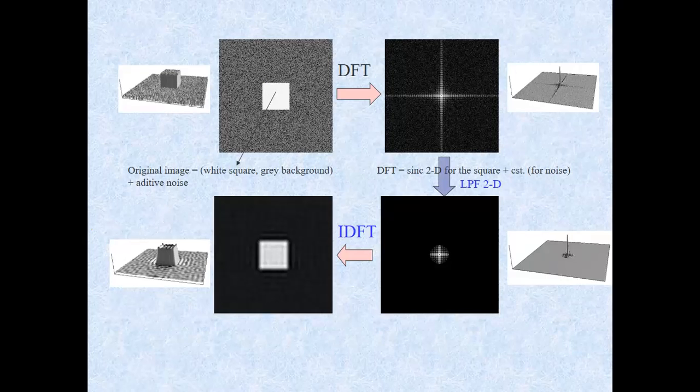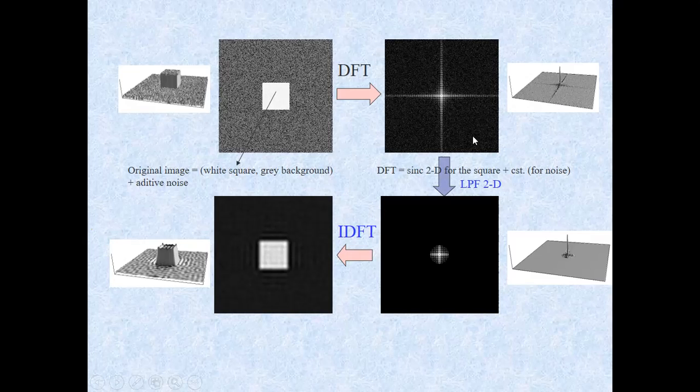These can also be used for noise removal, because noise is usually of high dimension, but the signal is of low dimension. So in the frequency domain, if you apply a low pass filter, most of the noise gets filtered out and you will get a smooth output. With the Fourier transform you can do denoising. You can remove periodic noise, Gaussian noise, or any slightly different kind of noise through low pass filtering.